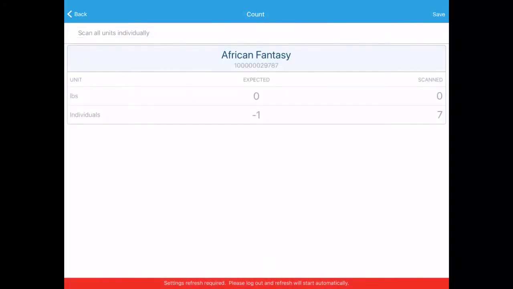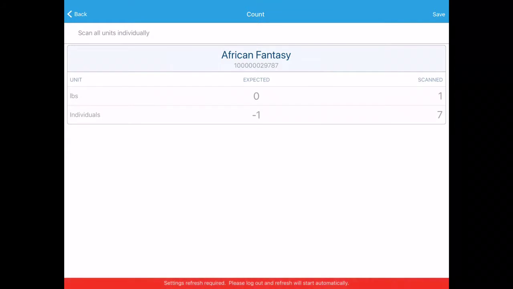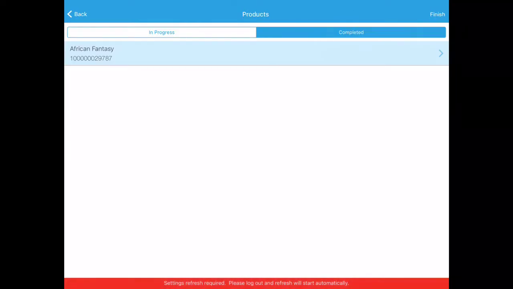I'm going to go back into completed, go to African Fantasy, and let's say I found that I had a backstock of 1 bottle. So if I had a 1 pound bottle back there, I would just go ahead and enter in I have 1 pound. Again, this may say backstock pound. It may say backstock ounces. We'll give you instruction on how to go ahead and count that as it's finalized, but you can just see that here. I'm just only using a pound because I have a bottle in the back. The individuals are the ounces. So I'm going to go ahead and save that now,